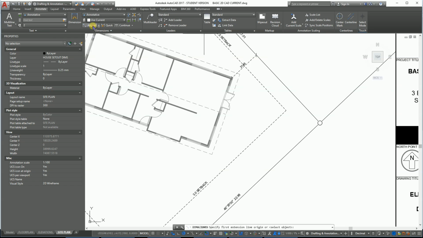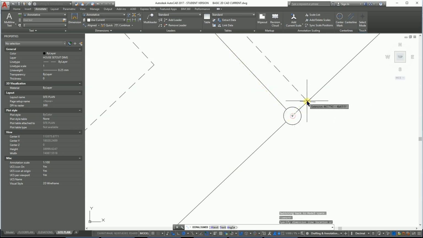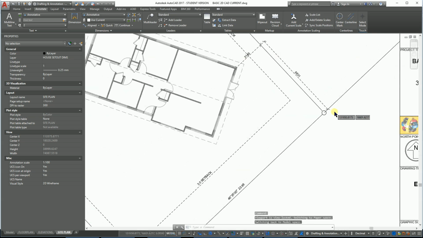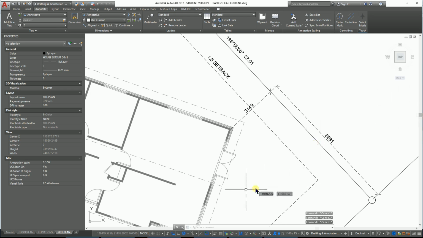do another aligned text here, which is just going to be from that point there down to there, down to the middle here to this point here, and that's going to be that dimension there. 8631 is how that's panned out there. So that's fine. It would be nice to have them as even numbers, but I'll just leave it at that